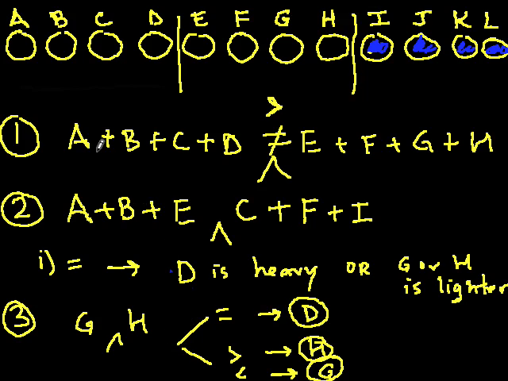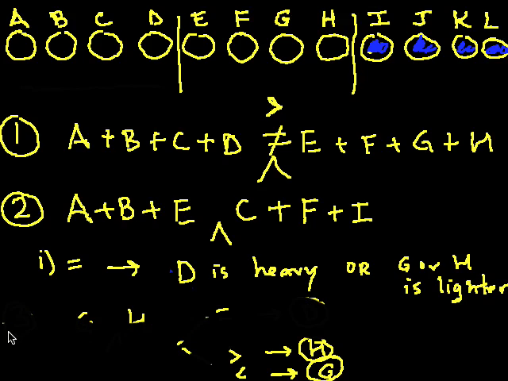so in this way, you can see that we did one measurement for measuring these four versus those four. Second measure, where we took 3 and measured a different set of 3, where we introduced one of the standard balls. And then the third is just to measure G versus H in the case when they're equal. Okay, so now we're going to go instead and look at case 2 from the second set. In case 2